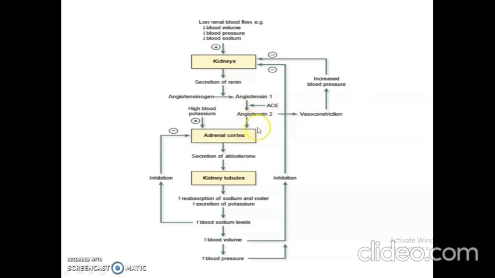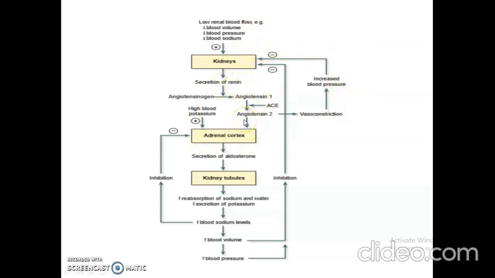What is the function of this angiotensin 2? Angiotensin 2 directly acts on the blood vessels. It shows a constriction effect on the blood vessels, called vasoconstriction. By this way it increases the blood pressure, means from low blood pressure to the normal blood pressure. Further, there is no release of the renin.